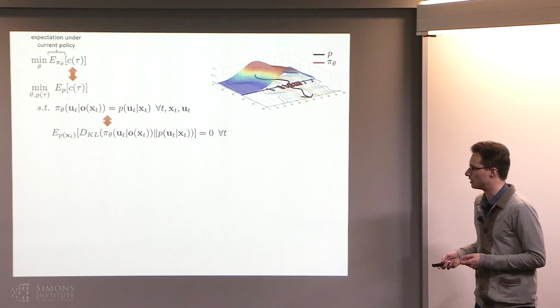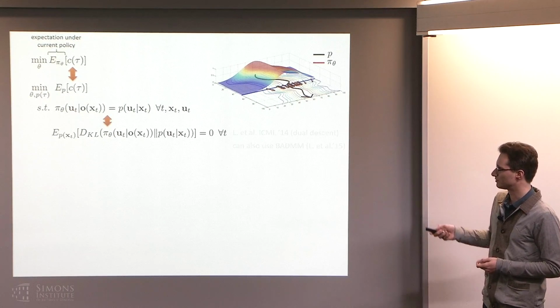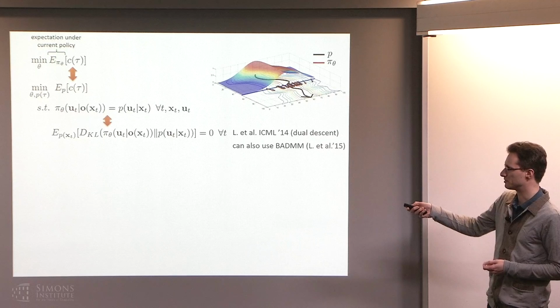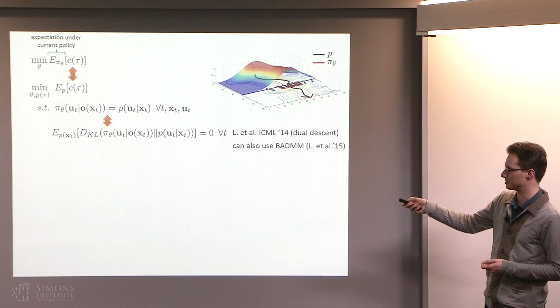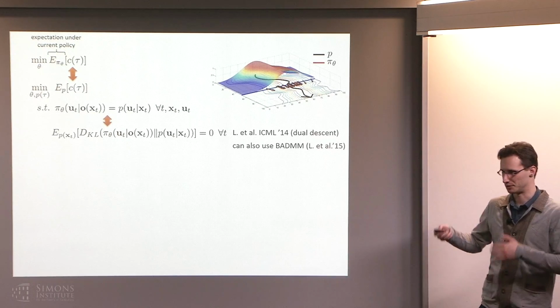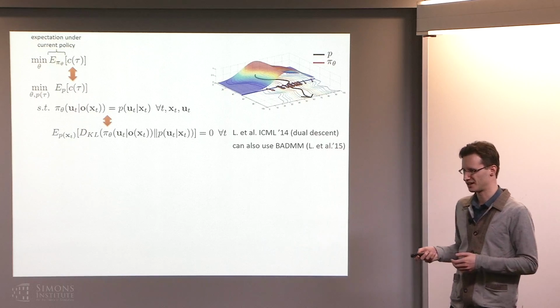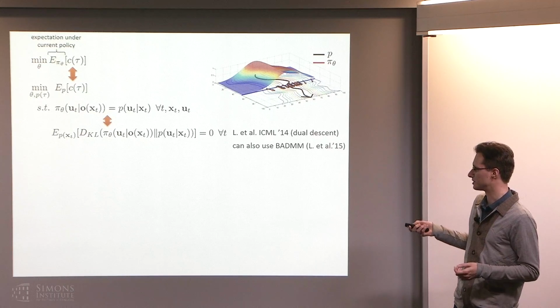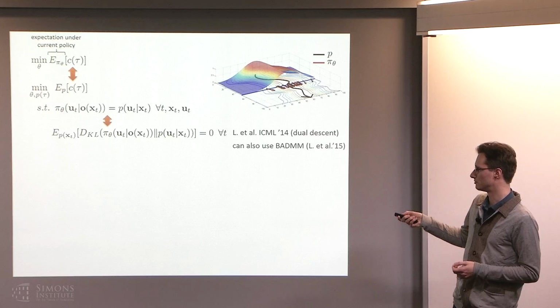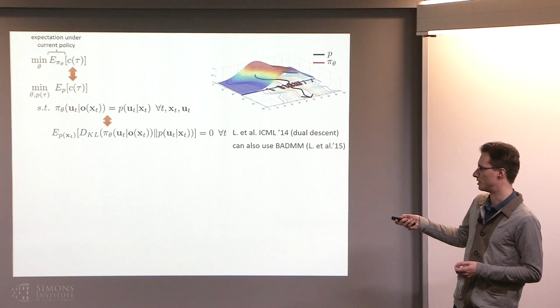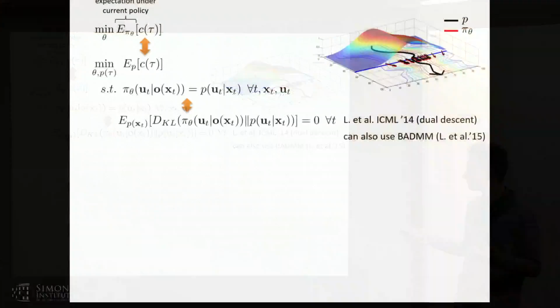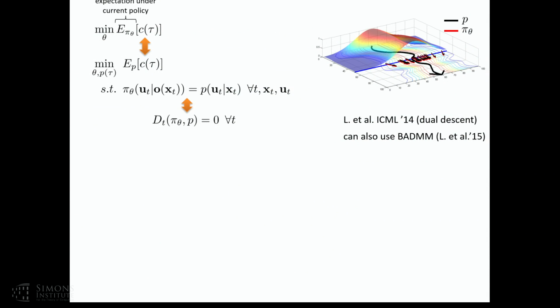And then we do something fairly simple. Well, first we rewrite that constraint. There are a few different ways to rewrite it. The problem is that this is an infinite number of constraints because there's infinitely many states and actions. So we need to rewrite it in some way so there's a finite number of constraints. One that's pretty simple is to just say the KL divergence should be 0 between these two distributions, and then you just have one KL divergence constraint for every time step. For the sake of conciseness, I'll just write it like this, like D. D says the KL divergence between pi theta and p at time step t is 0.